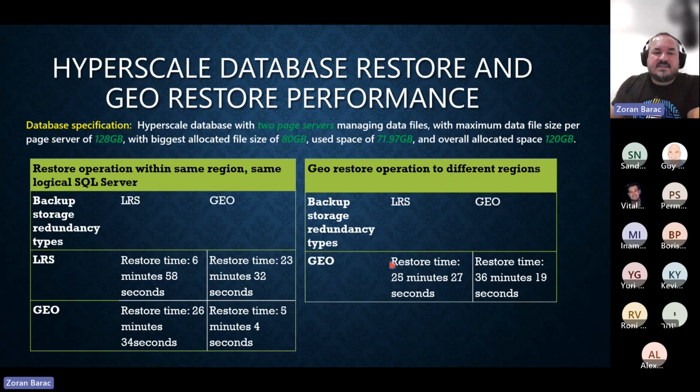You can see in both cases, geo to locally redundant is going to take time, and it should, because you're moving that across again. There is no way to speed that up because network latency and other things influence it. If it's a peer region, it's going to be much faster. This was not a peer region, so maybe I should put in an example with a peer region, just to show how that looks.